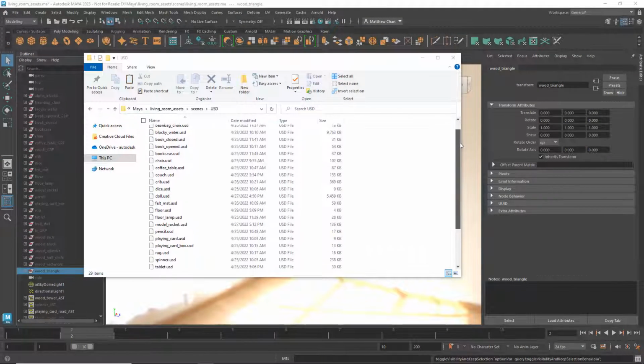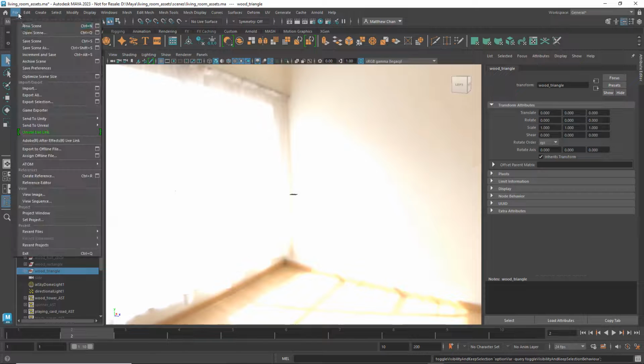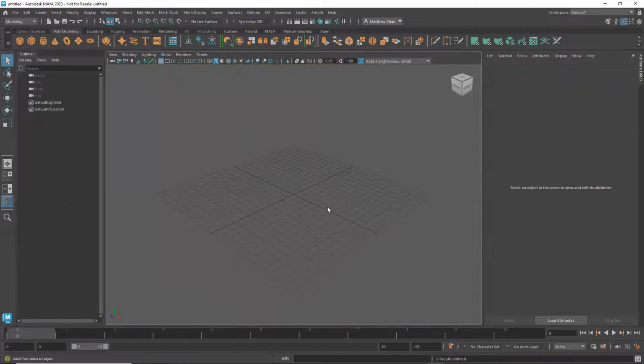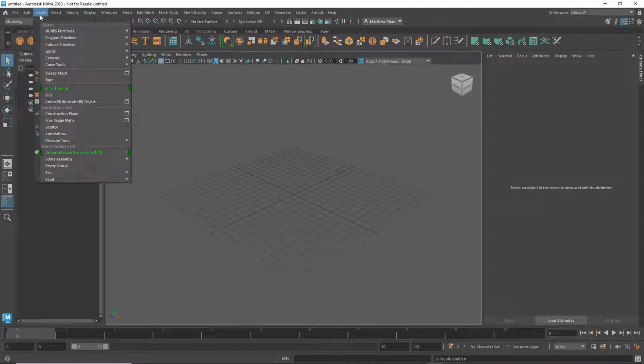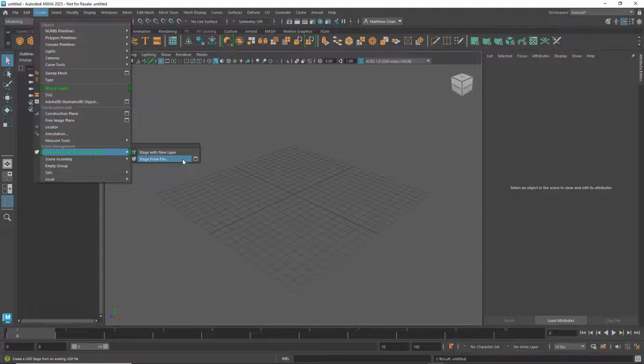Now that all my assets have been exported to individual USD files, we can start building a layout with them. So starting with an empty scene, I'm going to go to Create, Universal Scene Description. In here, you'll find two options. Stage from File is great if you already have a complex USD scene ready to go, like Pixar's Test Kitchen, for example. However, in our case, we'll want an empty stage that we can start building on, so I'll select